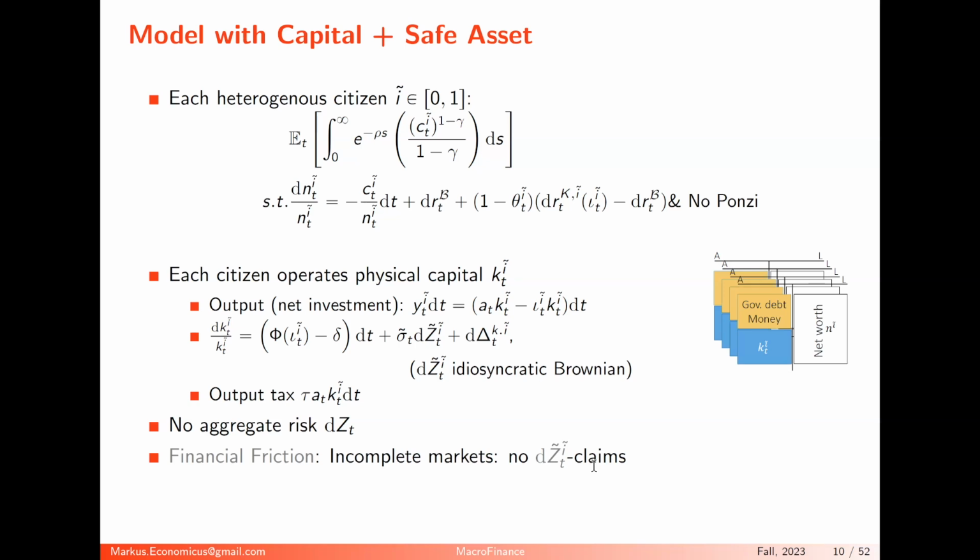The second part, so these are the balance sheets, how they look like for each citizen. They have the government bonds, or think of money. Then they have some capital, and that's the net worth. They don't borrow from each other. They all hold money or government bonds and some capital stock. Okay. Who is issuing the government bonds? That's the government.